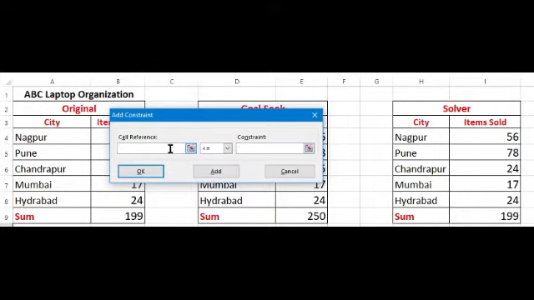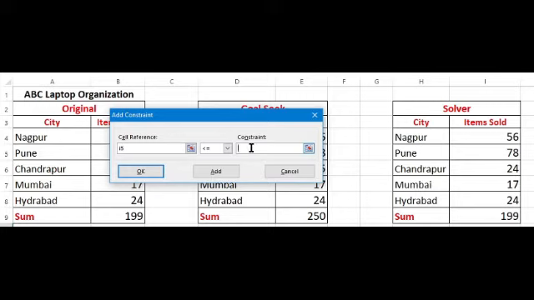Then the value of Nagpur, that is I4, should be less than or equal to 60. Add this condition. Similarly, the value of Chandrapur city, I6, should be less than or equal to, say, 40. Add one more condition. Again, I am selecting Pune, I5.